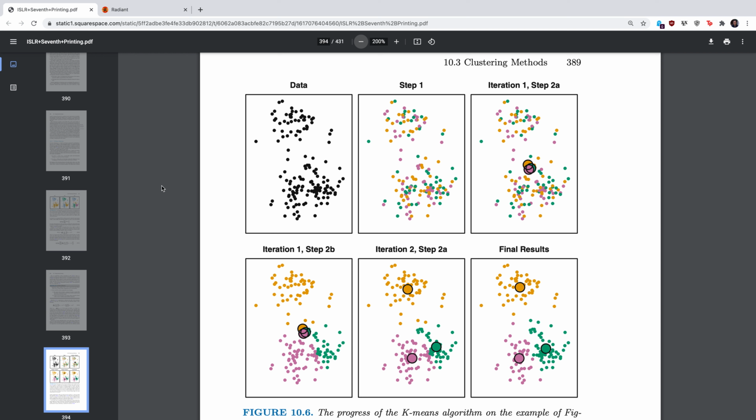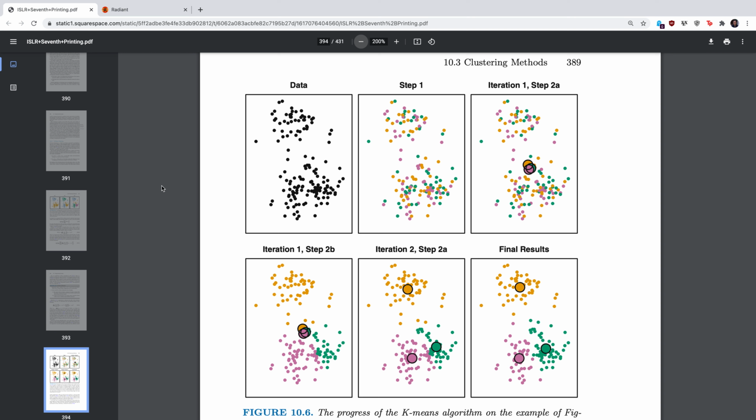Off of our introduction to clustering, let's just talk about how we can implement the k-means algorithm computationally in Radiant. This, I think, is actually going to be quite easy for a lot of you, but we have to remember the algorithm and a lot of the things we learned in the previous video in the back of our minds, and that's going to help us diagnose what's going on